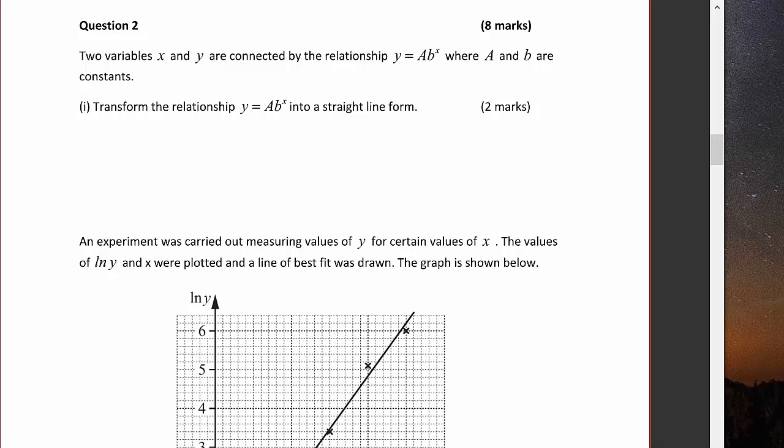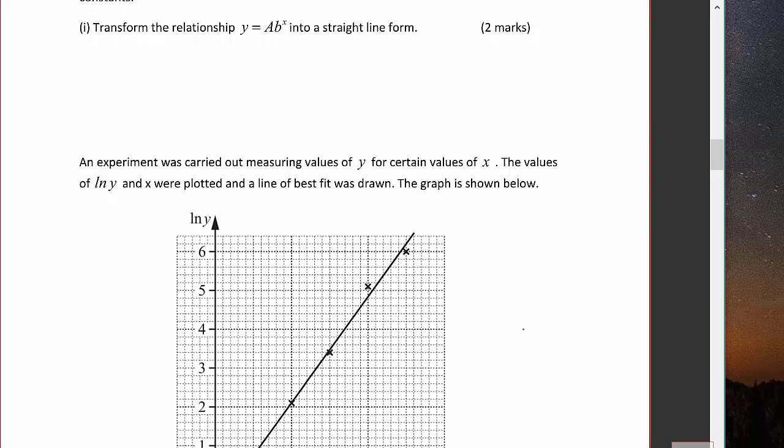Two variables x and y are connected by the relationship y = ab^x, where a and b are constants. We want to transform the relationship into straight line form. Now, looking at the graph here, I've got ln y, which tells me I should use logs to the base